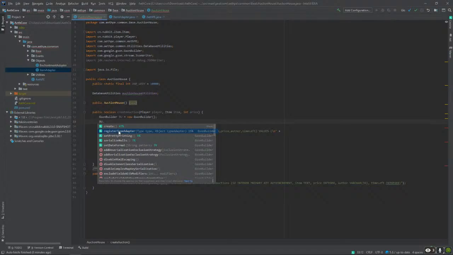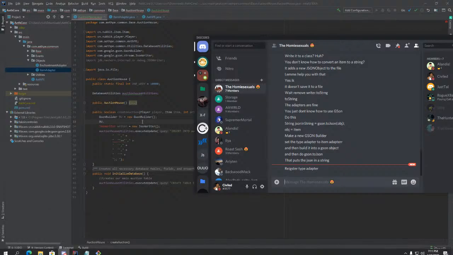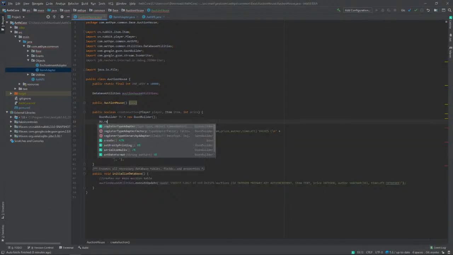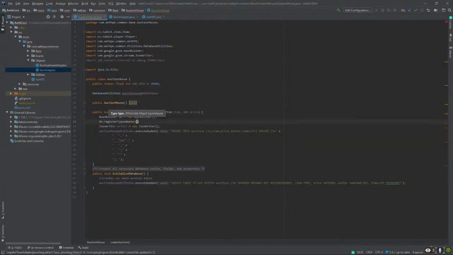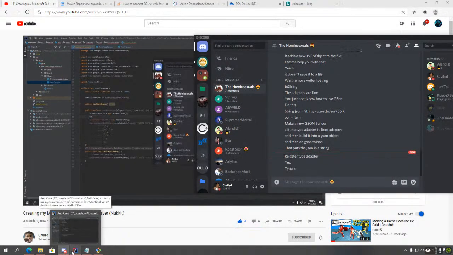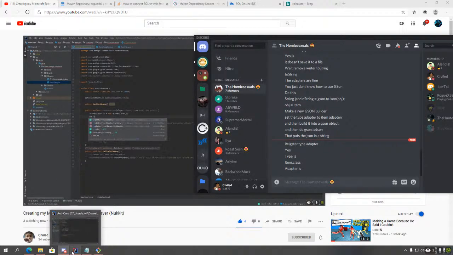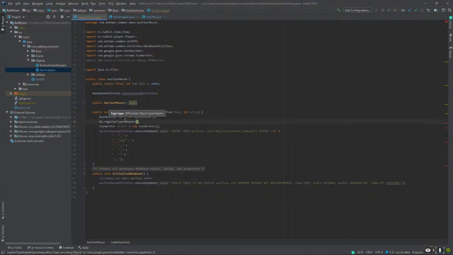Register type adapter. Is that what I should use? Yep, okay. Register type adapter, and then the type. Item.class, okay. So item.class, and then the type adapter is item adapter.